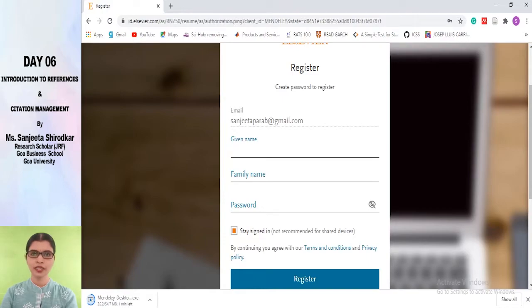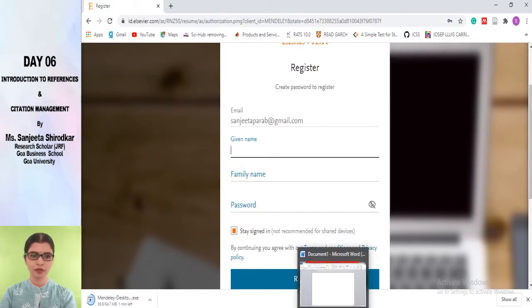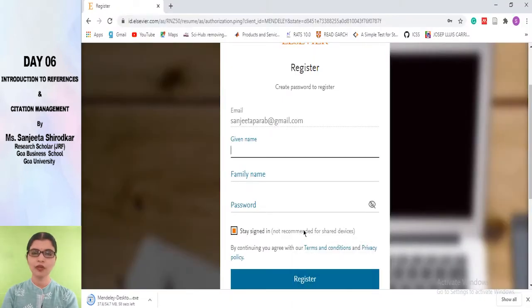So after creating an account, your account will be created. Since the setup is getting downloaded, once it is downloaded, you have to run it like how you usually run any software. And if you are encountering any problem with running the setup of Mendeley, then please refer to the installation guide that we have already circulated amongst you all. After doing this whole thing, you will reach the Mendeley interface.